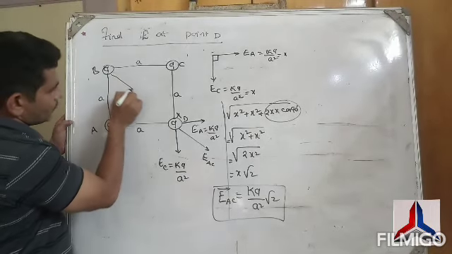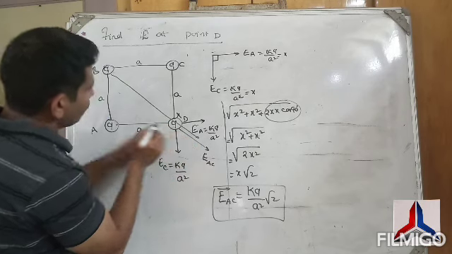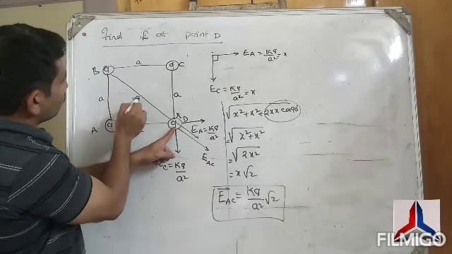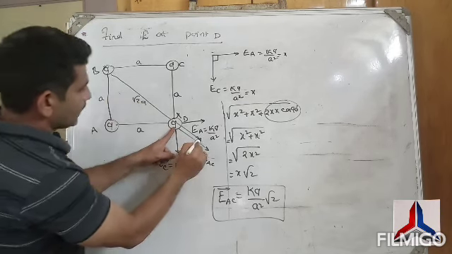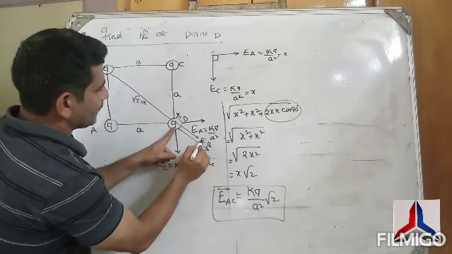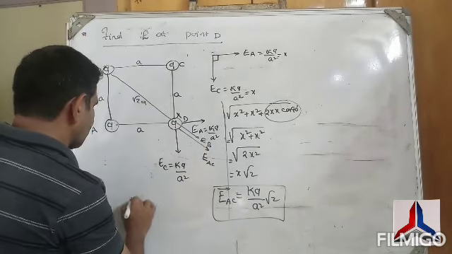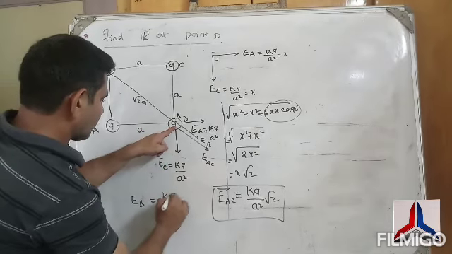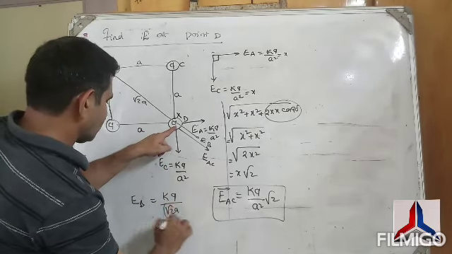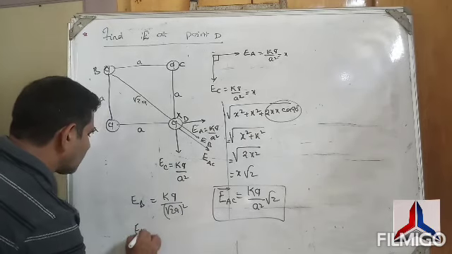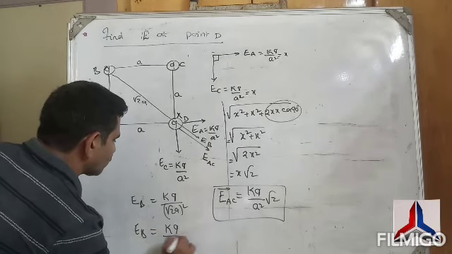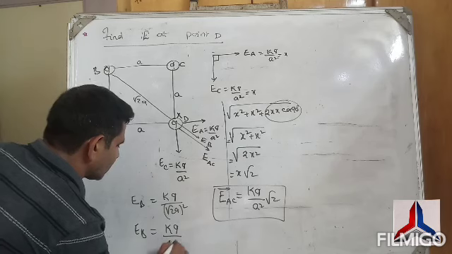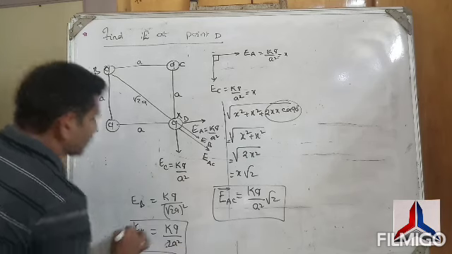Apart from that, there is one more charge. This is the charge. So B we left. B is at root 2A distance and having the charge. It can create electric field EB. So what is the EB value? EB value is, what is the charge? Q at what distance? Root 2A whole square. So therefore EB value is KQ by 2A square. Understand? KQ by 2A square.